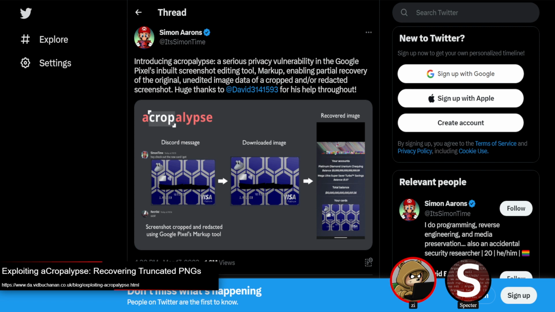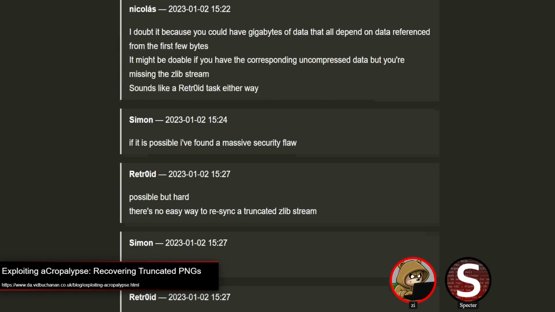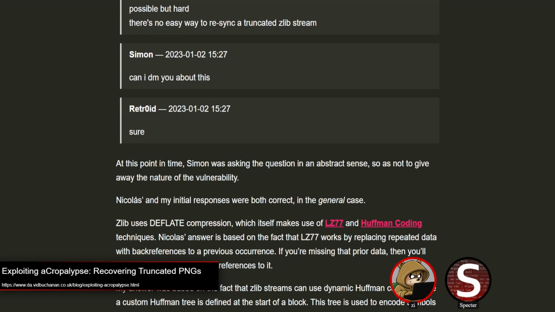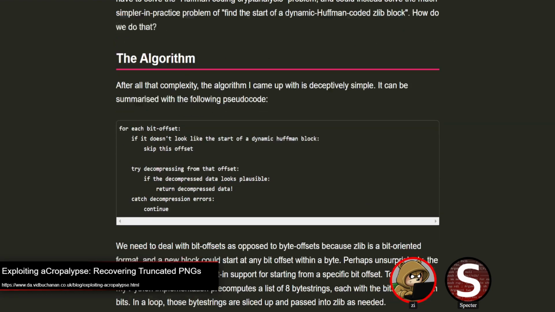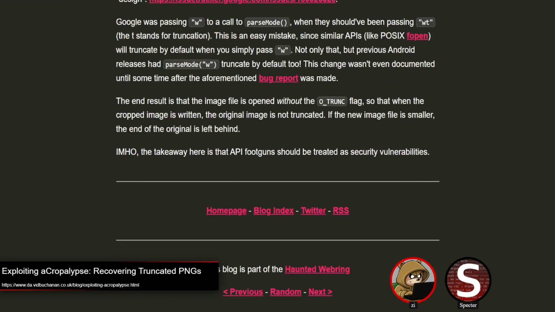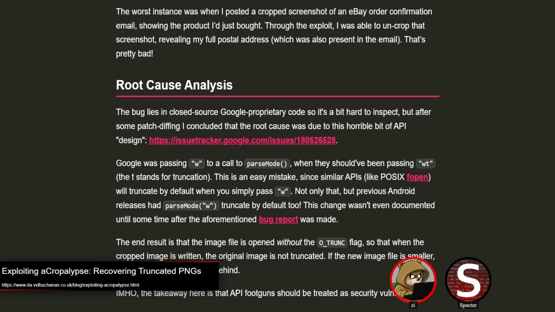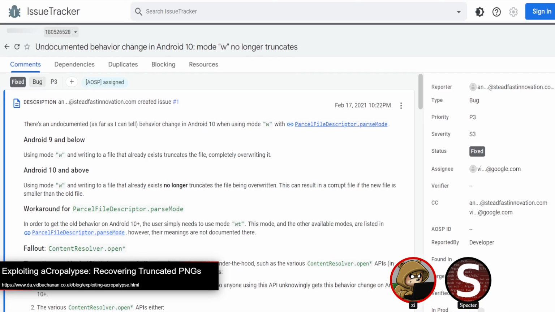It's kind of a last minute add to this episode. I was initially going to put this on our binary episode because in reading the topic, they're talking about the zlib stream, recovering it, a lot of bit level work, but the core issue ultimately comes down to a change in Google's API,